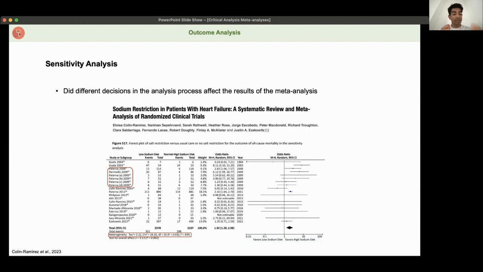So when I notice a study that influences the overall results of a meta-analysis so heavily, I tend to think, okay, have they done a sensitivity analysis checking whether excluding this study has any effect? And I would also probably read that study to make sure it's tip top, because if it's not, then the meta-analysis is flawed, because that one study is influencing it so heavily. And if it's flawed, the meta-analysis is flawed.